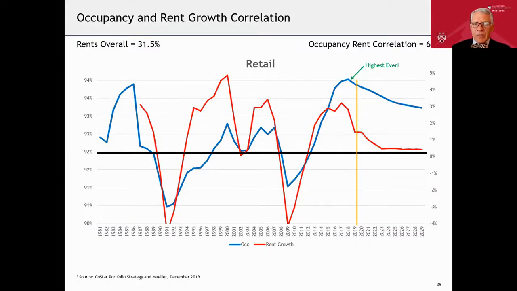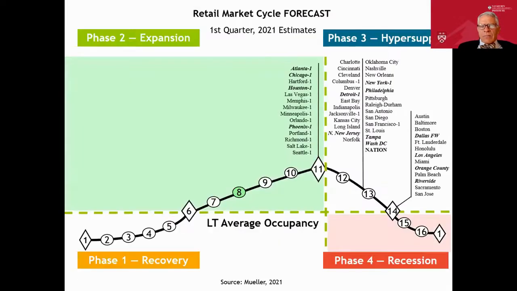And retail, the big surprise even before COVID was that we were at the highest occupancy level ever seen in retail. Part of that story is the fact that a lot of retail was being taken out and changed uses from retail to apartments, retail to office space, and with last mile distribution, retail into industrial. So we've not seen a lot of growth in new supply. But we see that again trailing off, I think, over the next few years. Next slide. And again, the majority of the cities are in the hyper supply phase. So picking the right city to invest in is quite important here.